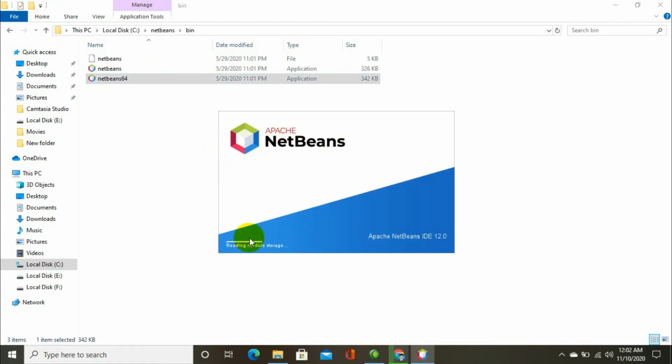Now you can see the Apache NetBeans module has been started. It is running only because I have done the environment settings of Java and installed Java Development Kit in my laptop. Now wait for it to complete the process of Apache NetBeans.